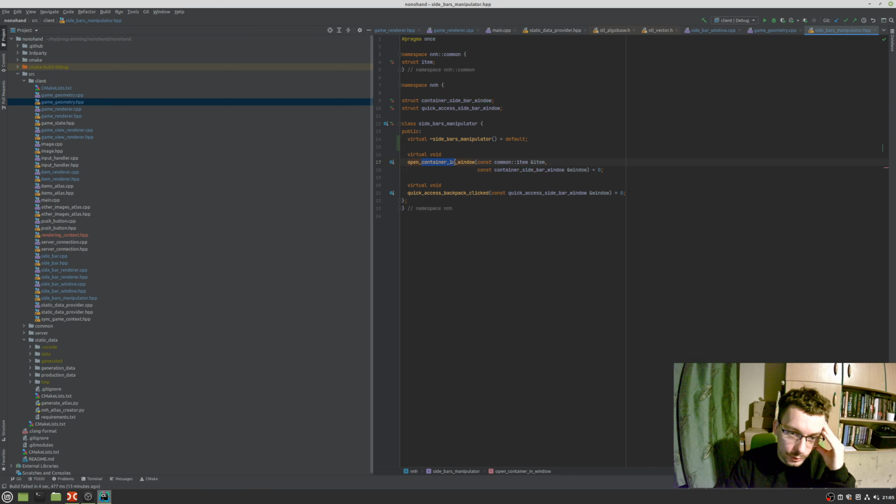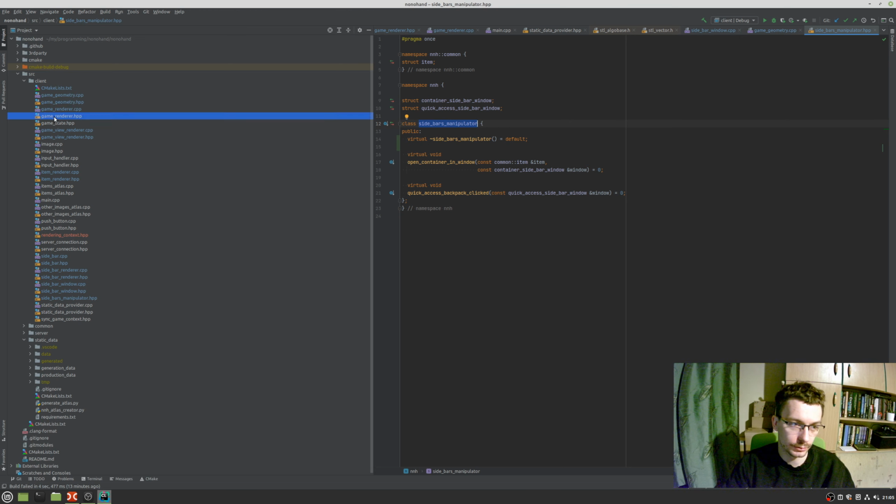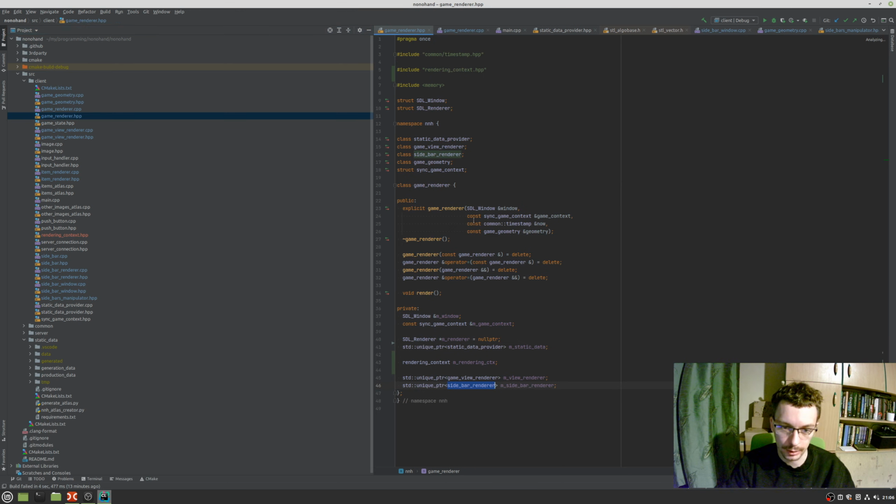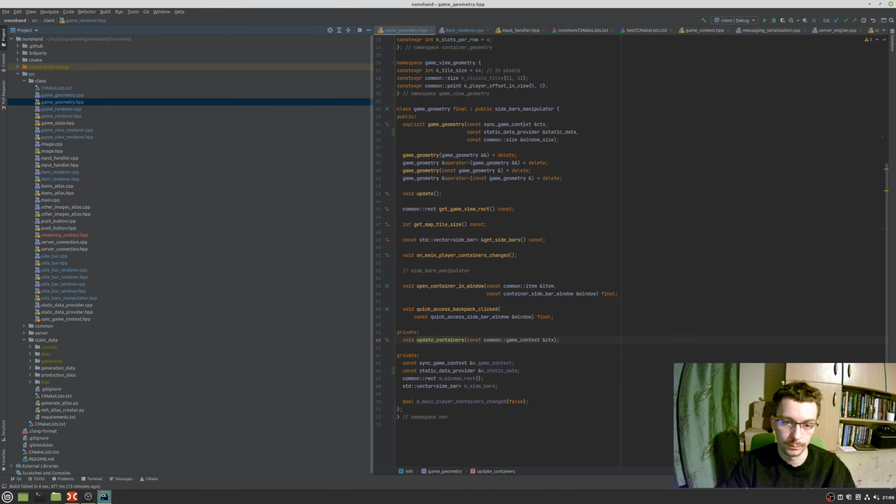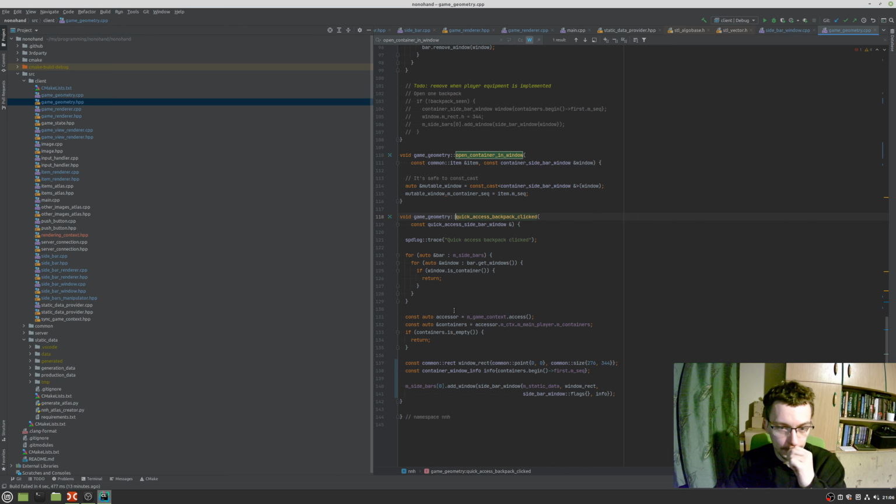Open container in window. Yes. Quick access, open access. Okay, this is an interface, and it's implemented by game geometry. And how is this implemented? This is implemented in a way that we